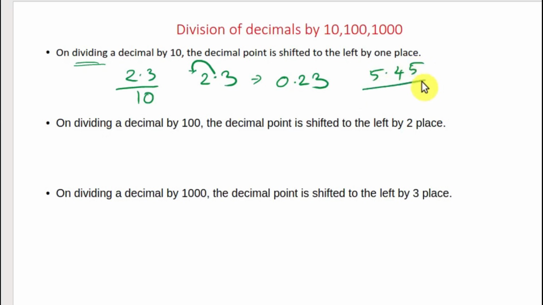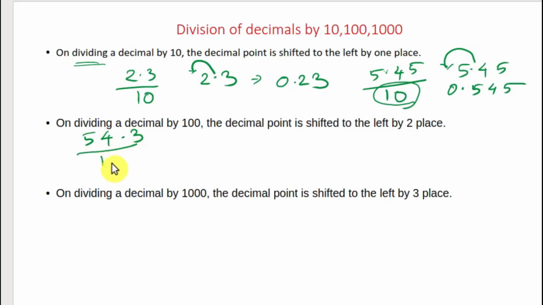5.45 by 10. So the point is shifted from here to here. So 5.45, the point is shifted from here to here. So 0.545. On dividing the decimal by 10, the decimal point is shifted to the left by one place. Here, the next example is